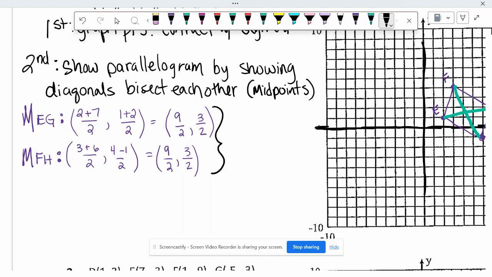So we're going to put a little squiggly bracket here, and we're going to say that